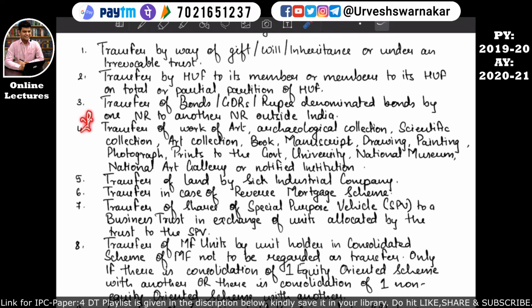If a particular assessee transfers a work of art to the government, a university, a national museum, a national art gallery or a notified institution, then this transfer will not be considered as transfer. I hope this is quite clear. Or if this assessee is transferring any archaeological collection, scientific collection, art collection, book, manuscript, drawing, painting, photograph, prints or even this work of art to the government, university, national museum, national art gallery or a notified institution, it will not be considered as transfer. I hope you have all understood how to interpret this